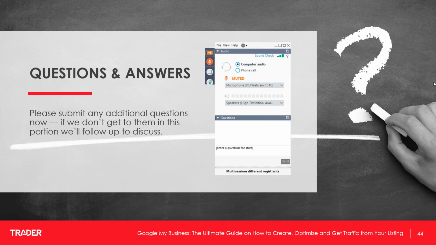information directly within Google. Another question: how can we change what third-party reviews listings are displayed? So you can't directly influence the third-party listings that show up on Google. What shows up there, this was on the reviews section when I was suggesting that Yelp and Facebook and Yellow Pages can show up in your listing. You can't directly influence what shows up there. Basically, if you do a search for your dealership's name and you look in your organic results, the listings that show up organically are the ones that are going to get pulled in there.